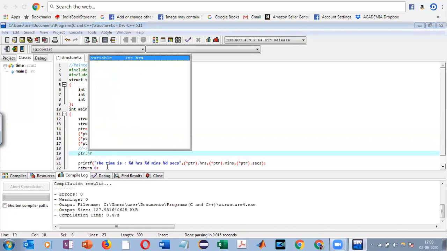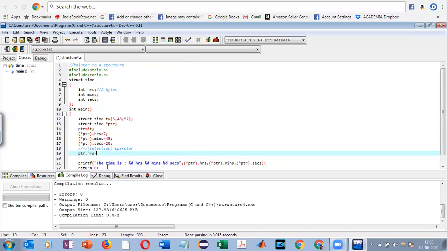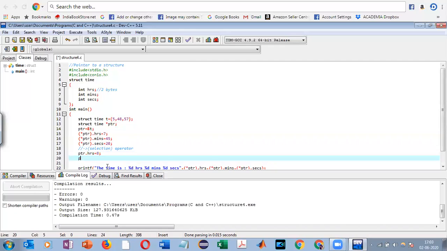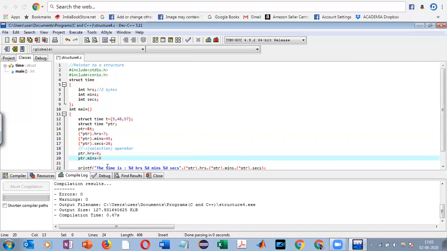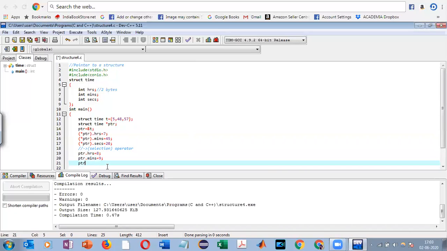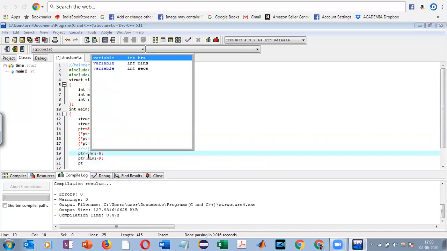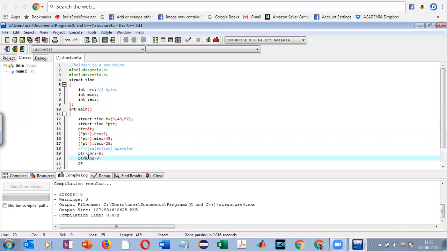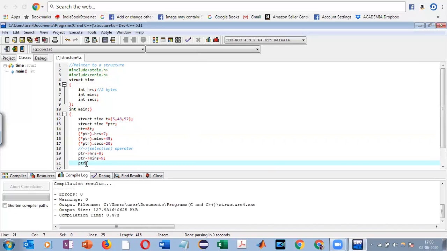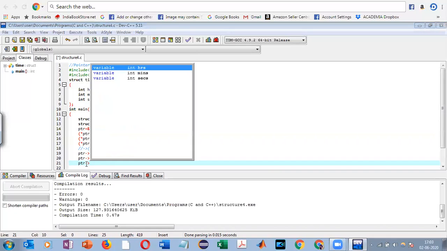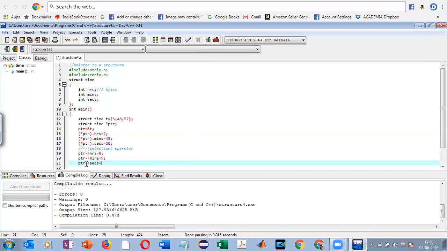So ptr dot hours, let's change the values again to 8, ptr dot minutes 9. Sorry, I'm so sorry. Selection operator should be used here also. ptr dot seconds is equal to, say, 23.